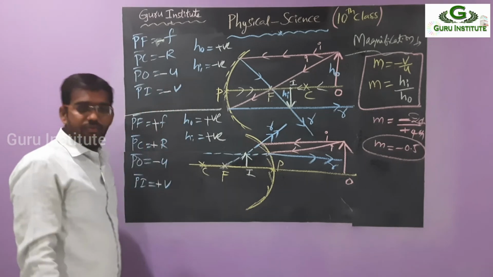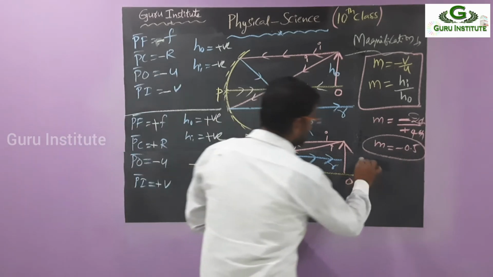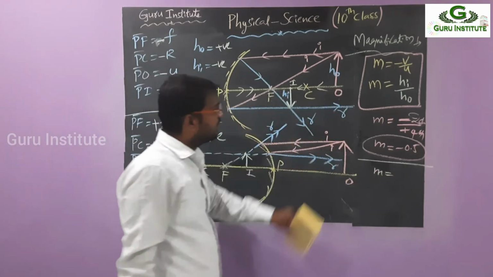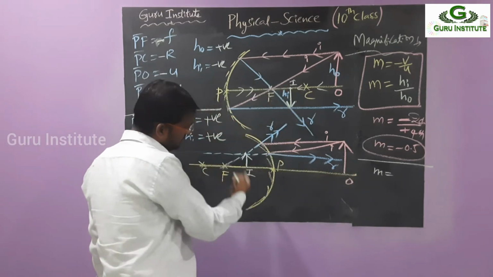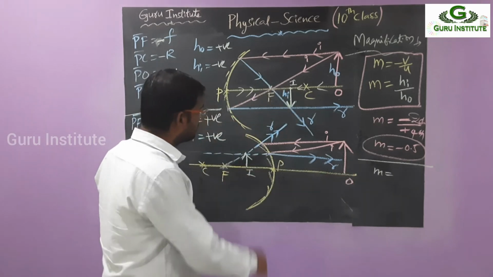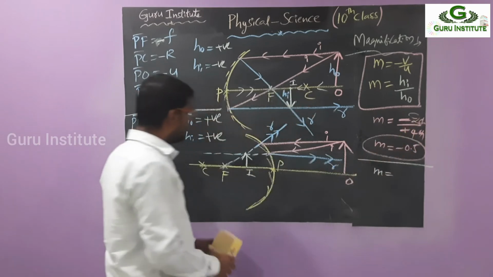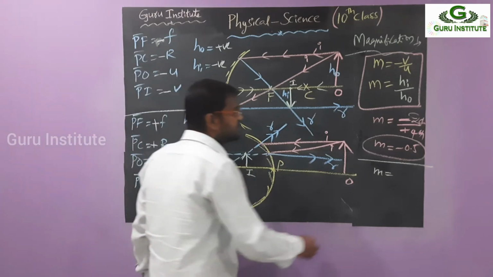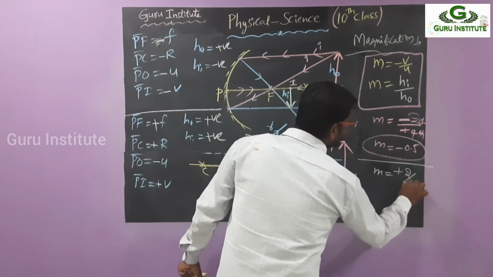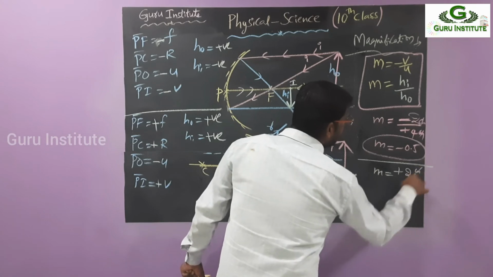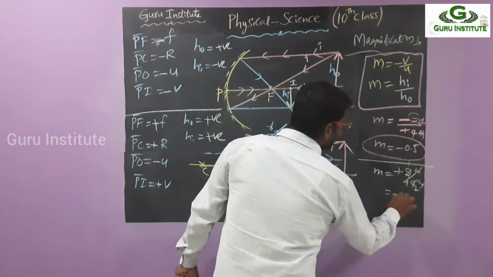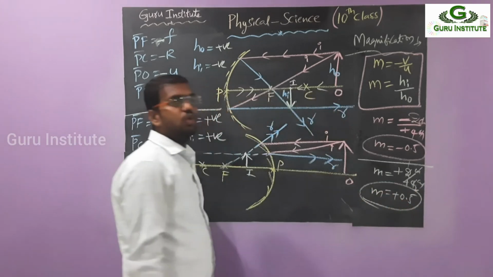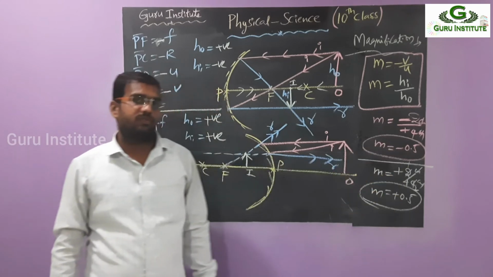What is this one? Convex mirror. What is the magnification? Let's see. Again, take the same values. It is 4, and let it be 2. Same values you can take. So again h_i by h_o. But here h_i is positive, and h_o is also positive. You should take both values positive only. So plus 2 by plus 4. Centimeter gets cancelled. What you get? 1 by 2, that is plus 0.5. I understood now. So this magnification is 0.5, and this magnification is minus 0.5.